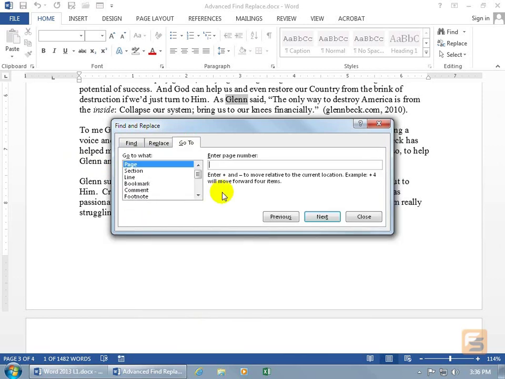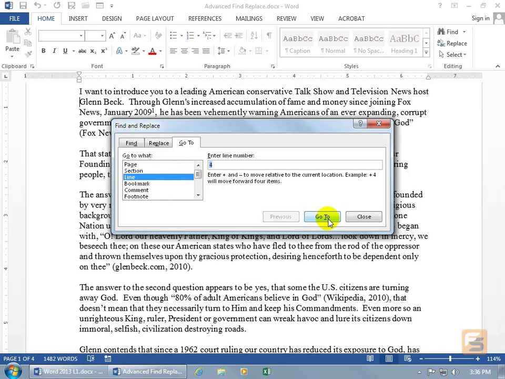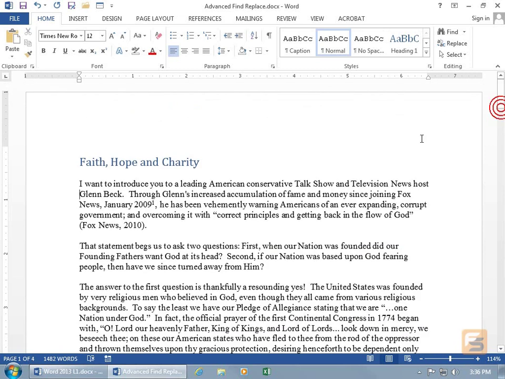Then finally the Go To tab, as we went over briefly in an earlier training video. What do you want to find? Type in the page number. We'll learn about sections. Do you want to go to a line, maybe line 4? Click Go To, and let's see if this checks out. That should be line 4. Let's turn on the Show Hide codes and count. There's line 1, 2, 3, 4. Okay,